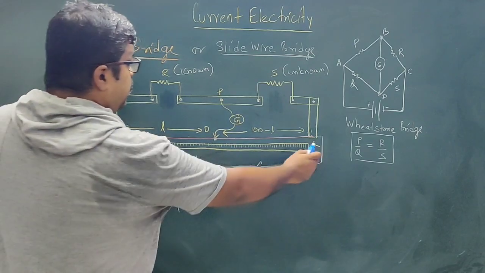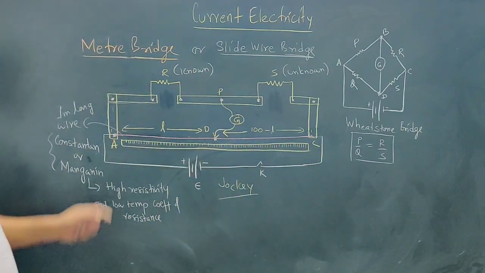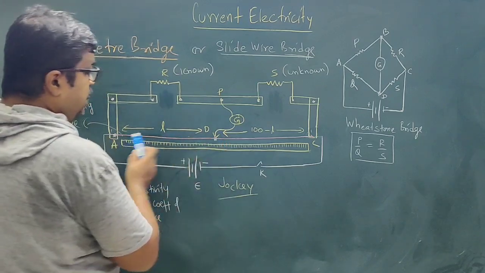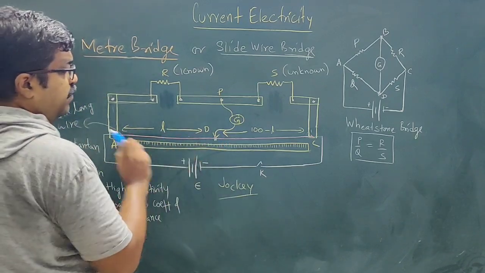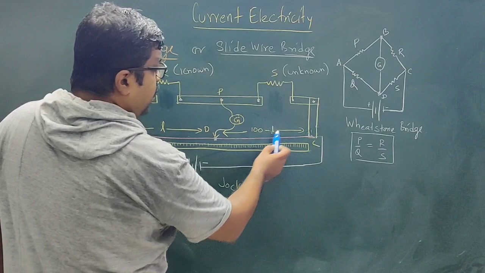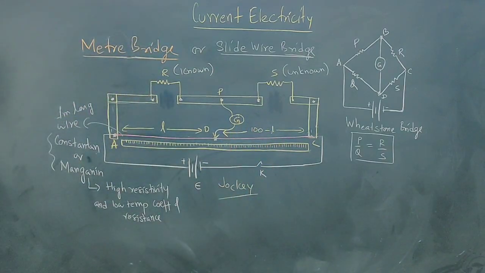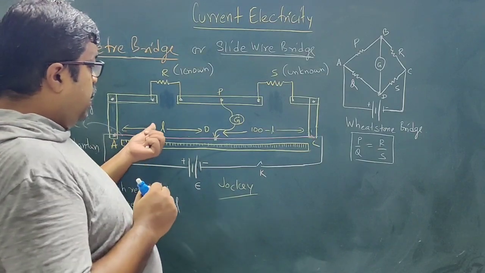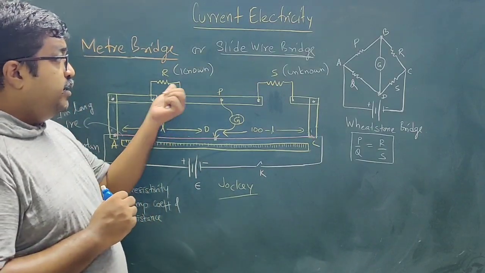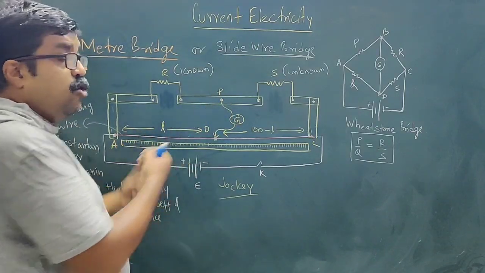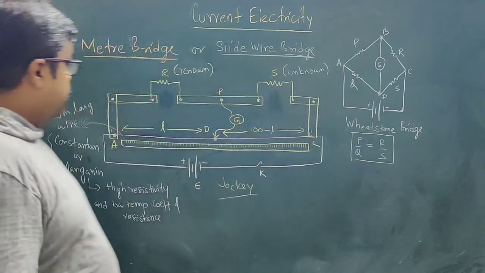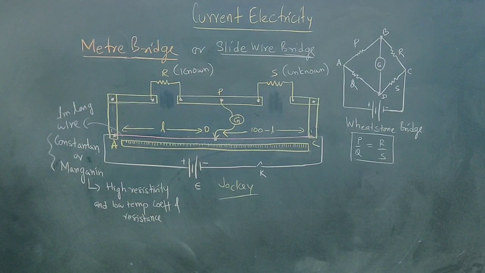Now this is a 1 meter long wire, so that is 100 centimeter. If this length A to D is L centimeter, then D to C will be 100 minus L centimeter. Now you will think, how are we going to find the unknown resistance? We are only observing the length. Here we have 4 resistances. So for that we need to understand